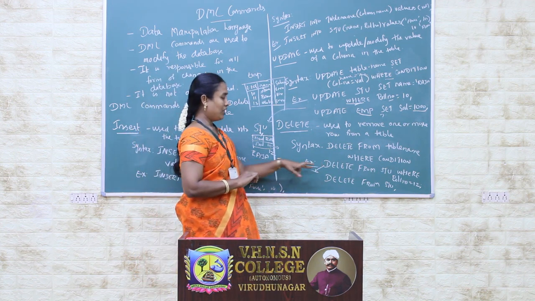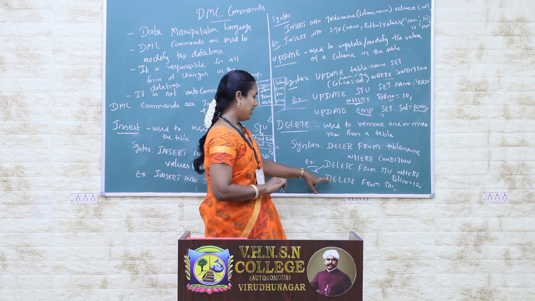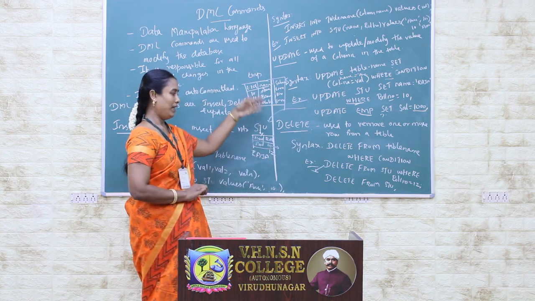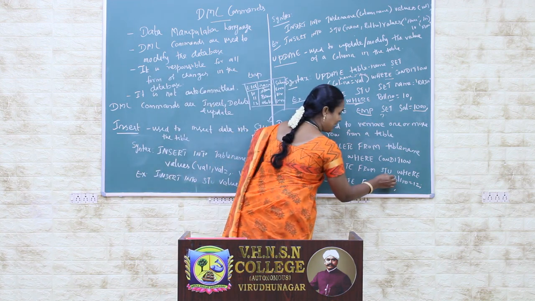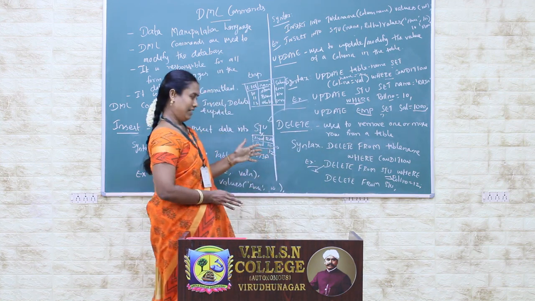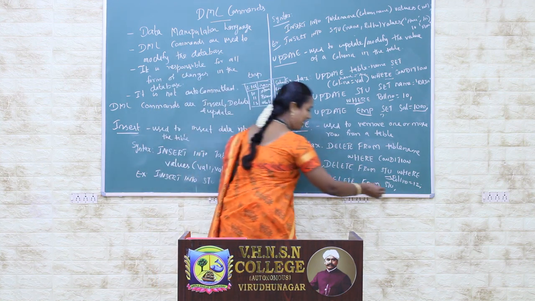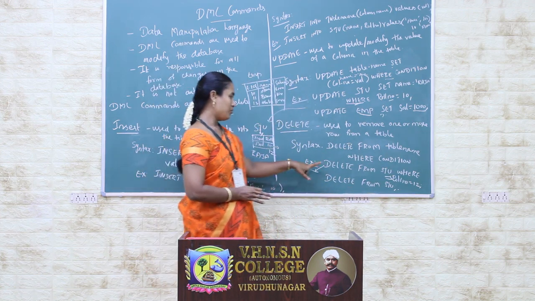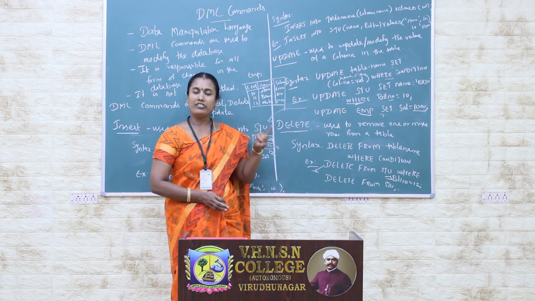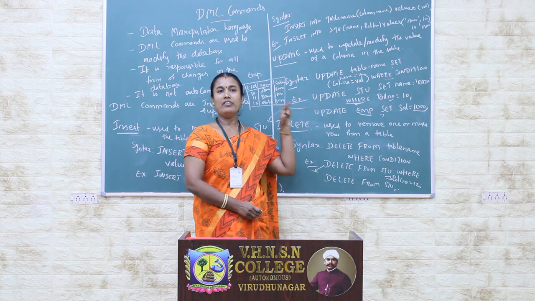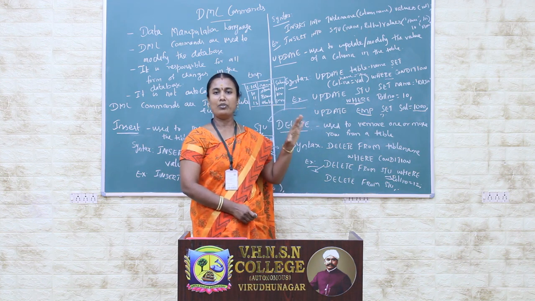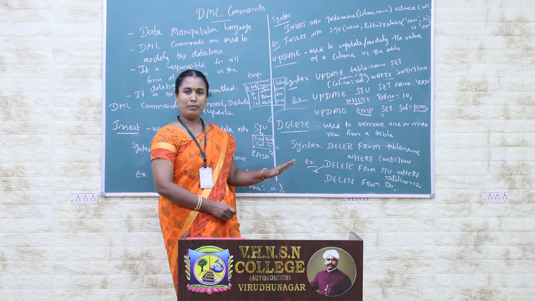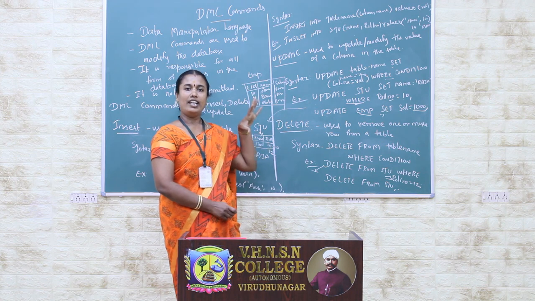Then I can list another example for the delete command, that is delete from stu. What is the difference between these two? This is also similar to the update query. Whenever I use the where condition, only that specific row is removed from the table. Whenever I do not use any where condition, the entire set of records from the student table is removed. That is the main difference between these two examples. When you use the delete command with a where condition, only the record that meets the condition is removed, but if you do not mention any where condition, all the records in the table are removed.